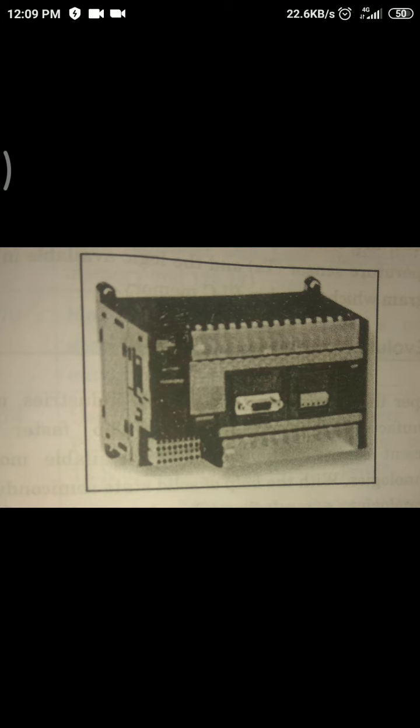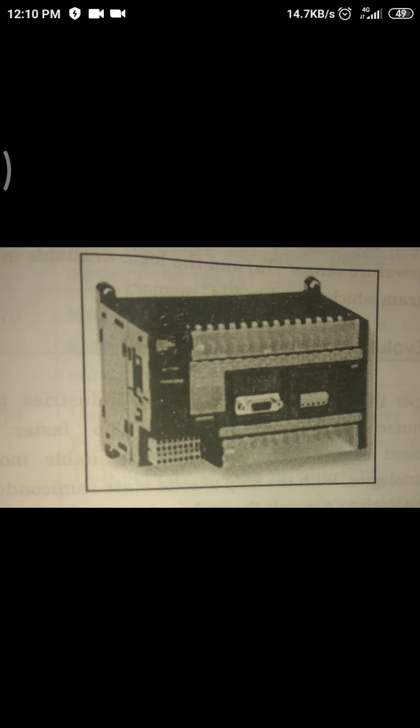Nowadays many PLCs are directly connected to the computer. Through that computer, the PLCs are programmed, and according to the program located in the internal memory of the PLC, that program works and the system is operated. As you can see in the actual photograph of a PLC, the user interface is given. Again, the input output points are given. To those you can connect the inputs as well as outputs, and the PLC will take action based on the input, and it will generate the output.